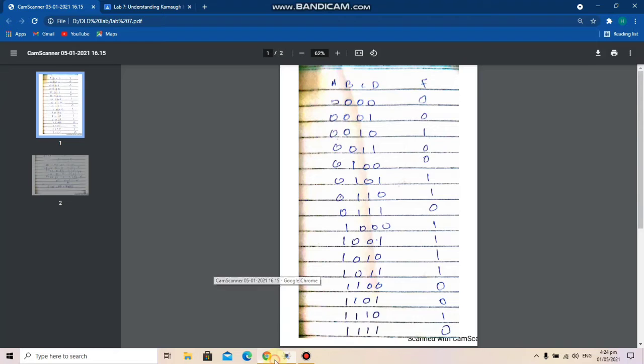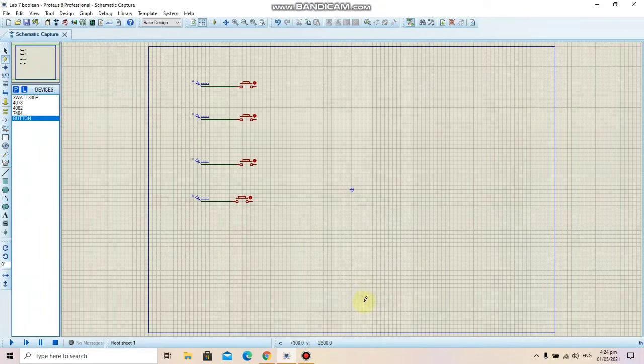Okay, so now first one was A0, B0, C, D0. So for A0 I need this NOT gate here. So A0, drag this a bit here, A0, and for B0 this NOT gate here.